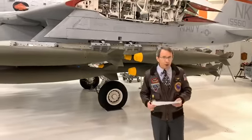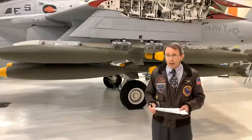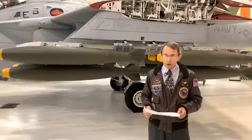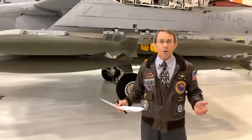Operation Praying Mantis was the last time the Navy sank some warships. In Iran, the Iranians sortied two of their frigates against our fleet operations out there. They ran into the A-6s. The A-6s sank one and sent the other one back so damaged it limped into harbor and stayed there for